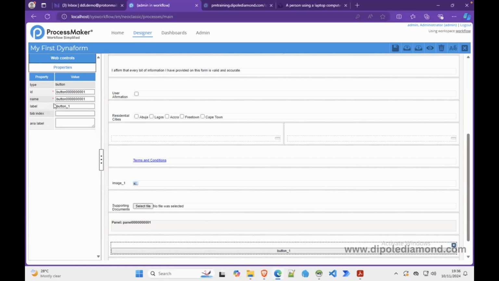Now, so the button has an ID and has a name. It's always important and advisable that the ID of the button matches the name as well. So for this, let's assume for this button, we need to fetch results. So we can put a label: fetch student results,